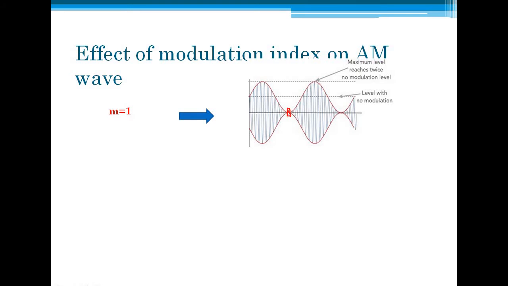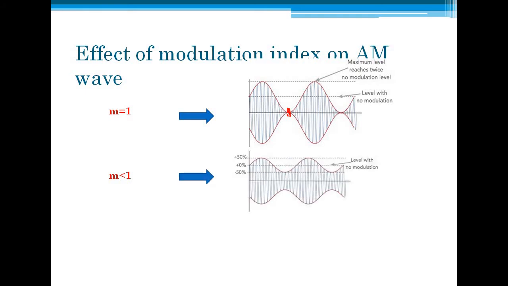If you recall the basic diagram of modulation index, where we have seen m is less than 1, this part is not intersecting, but when my modulation index is equal to 1, this part is intersecting. If my modulation index is less than 1, this is a perfect modulation. Here there is no interfacing, and if you observe, this is the modulating signal, and the middle one is your carrier, and the carrier voltage is changing according to the modulating signal only.